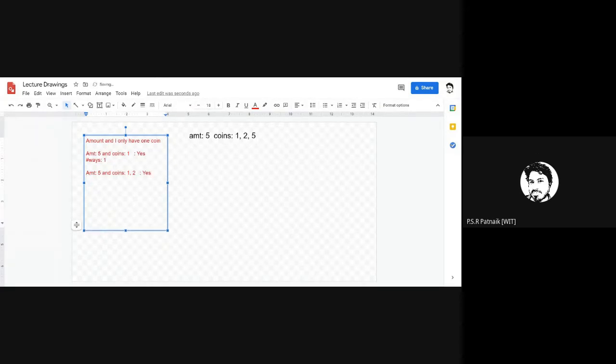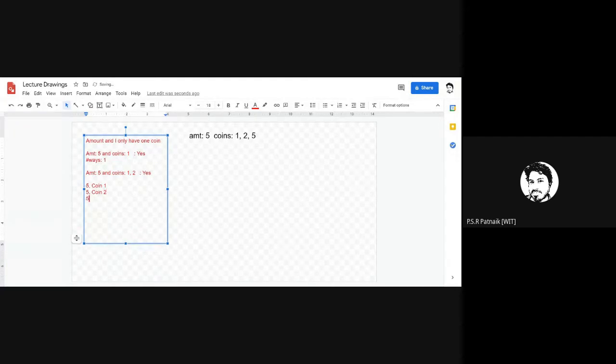The possibility is realizing amount 5. Can I realize amount 5 just by using coin 1? Can I realize amount 5 just by using coin 2?